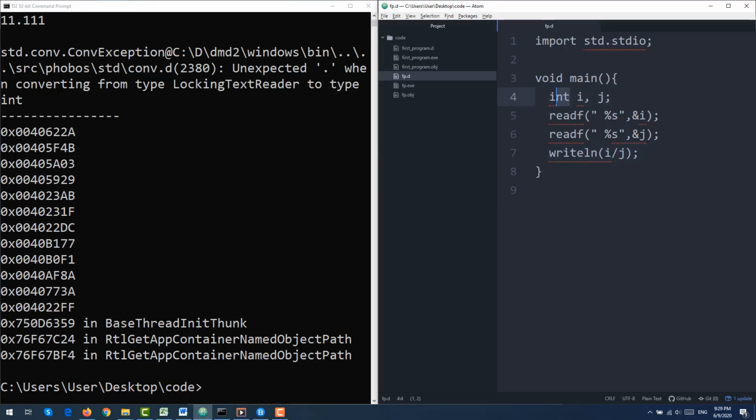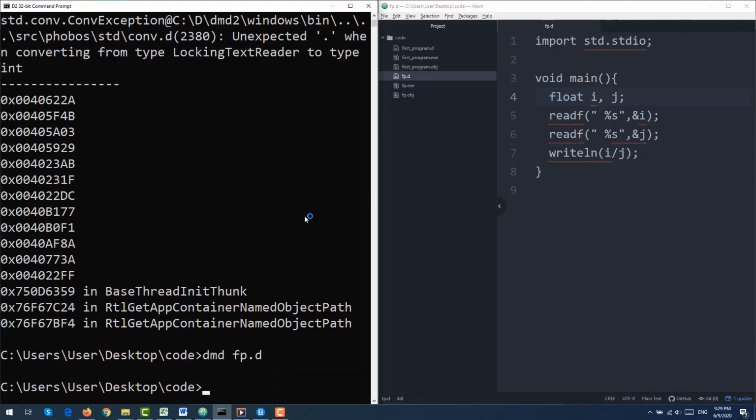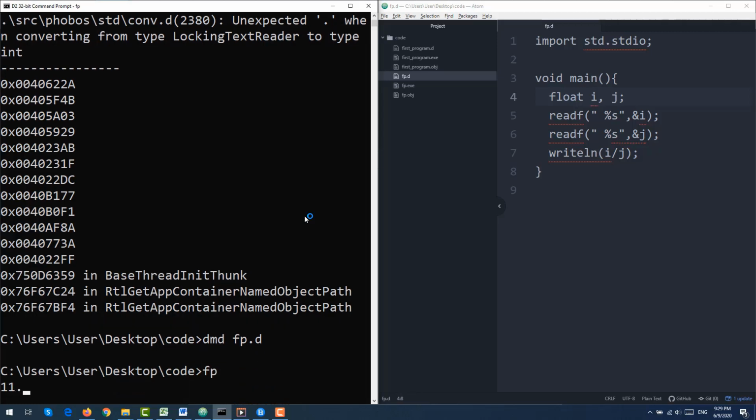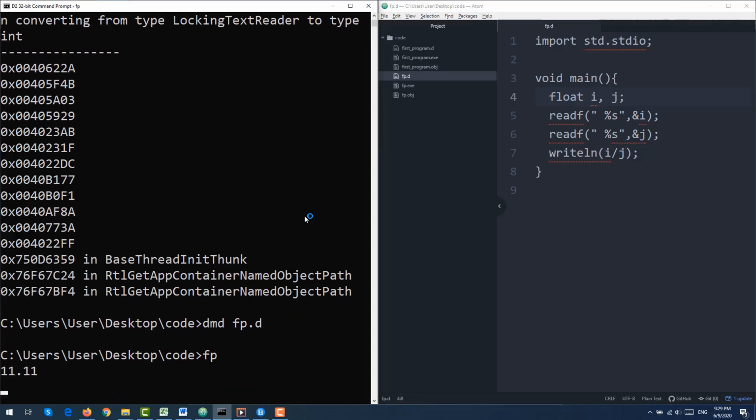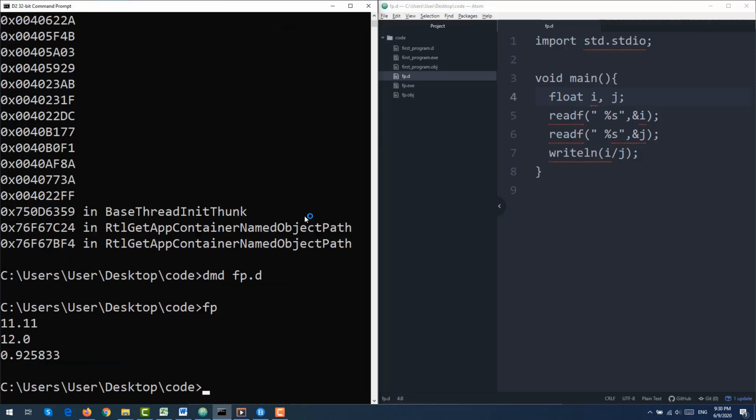We have to change it to float. Now let's try again. And now the float is inputted and we get the output. This is how you write a simple calculation program in